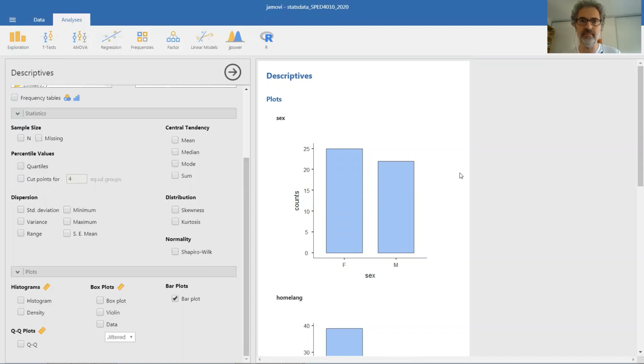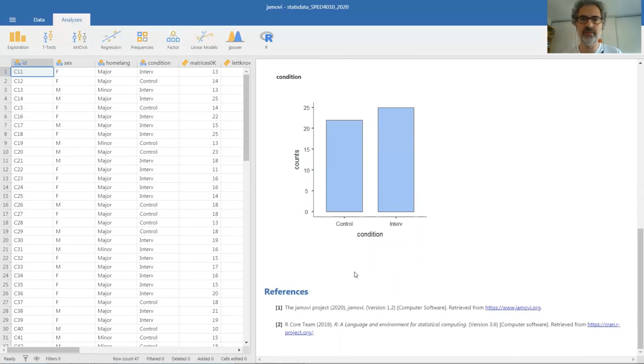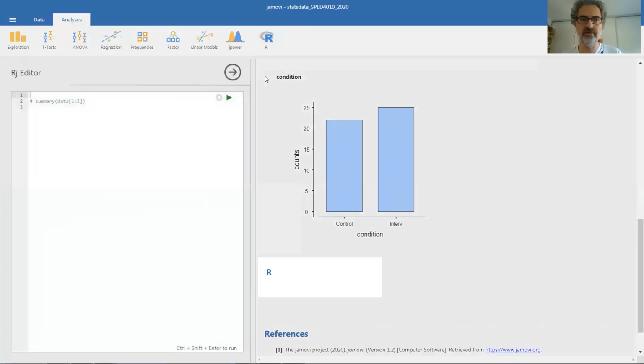Some people like to get pie charts, which are kind of horrible, but Jamovi doesn't produce them because they're not really used outside of newspapers. If you really want to produce a pie chart for one of your variables, you can use this trick. Go click on RJ Editor, delete this thing which we don't need,